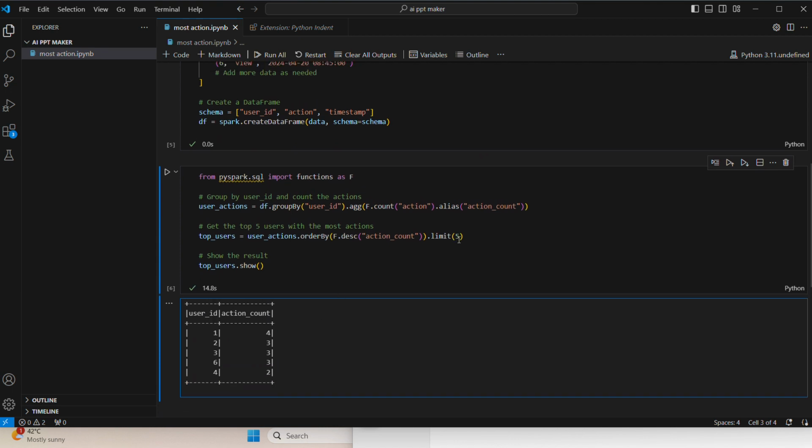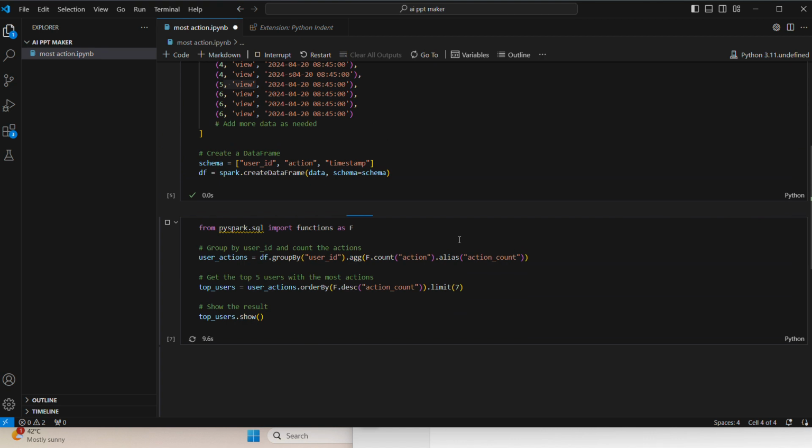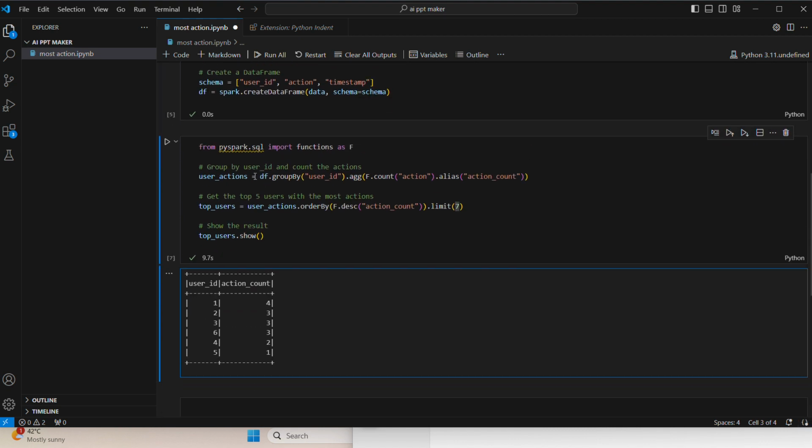right? If we set the limit to, let's say, 7, more rows will come. But we needed the top 5 according to the interviewer. But let's say 7. I think 5 will also come in 7, right? See there, 5 also comes. And since we only have 6 users here, there will be only 6 rows, not 7. If there were more users, more rows would be added.